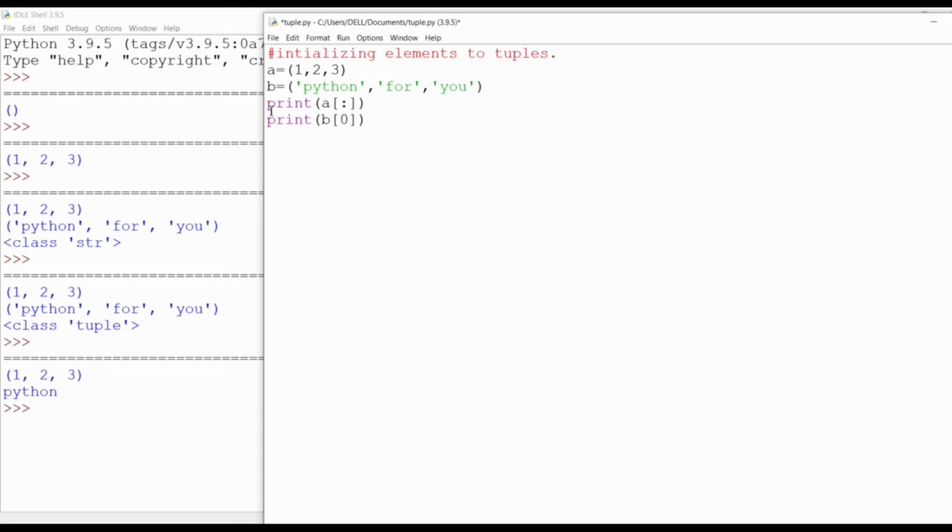The next one: we will be learning how we can add or change elements in tuples if the data type is a string or a list.